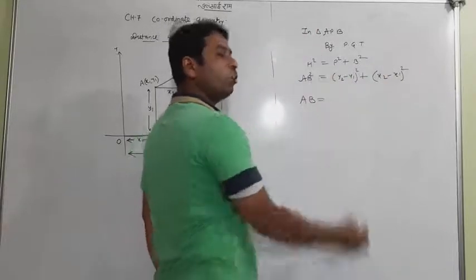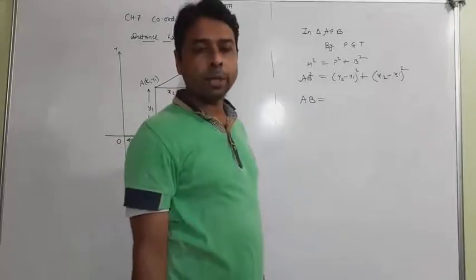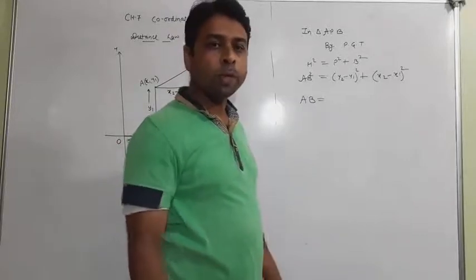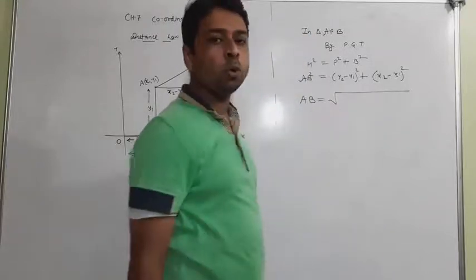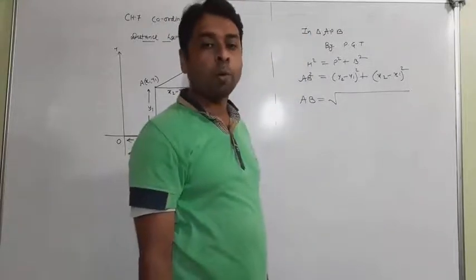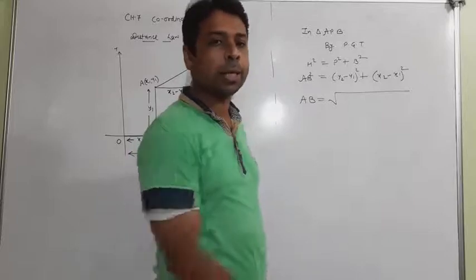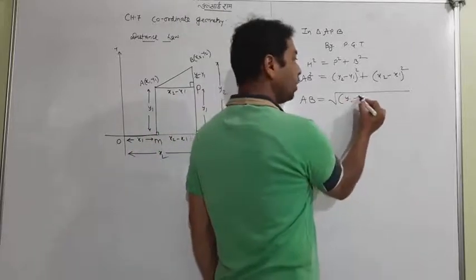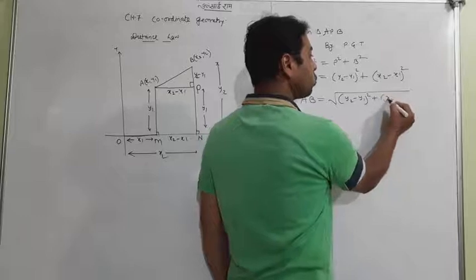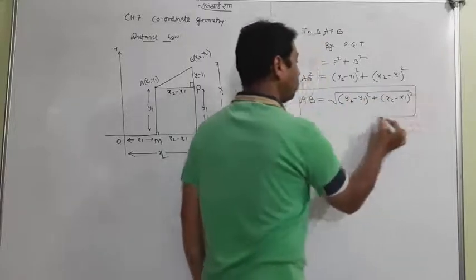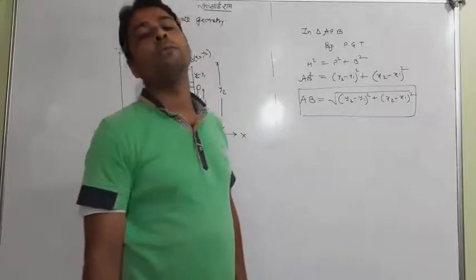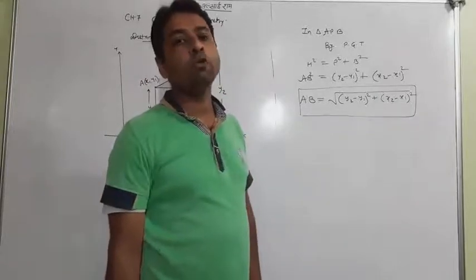So you have to remove the square sign, so you have to take the square root on both sides. And how to take a square root, you know it. It always carries a plus and minus sign, but you know distance is never negative. So I am avoiding the minus sign, taking only the plus sign, and it is square root of y2 minus y1 whole square plus x2 minus x1 whole square. So this is a very simple and basic formula you have got. This is the formula of the distance between 2 points.